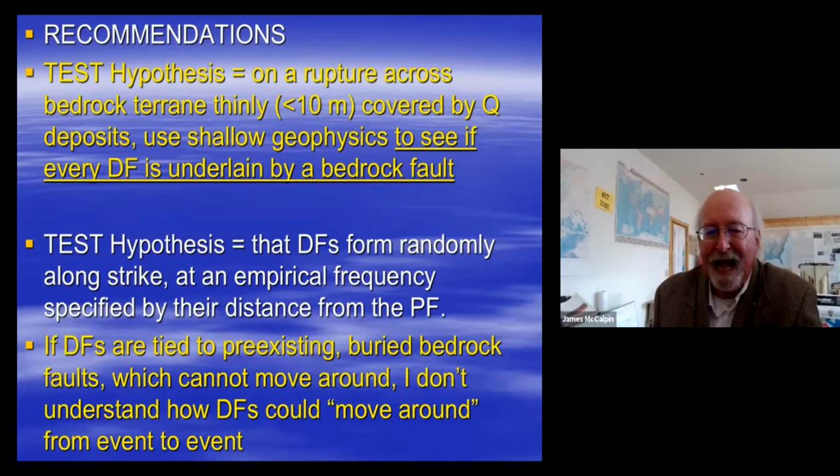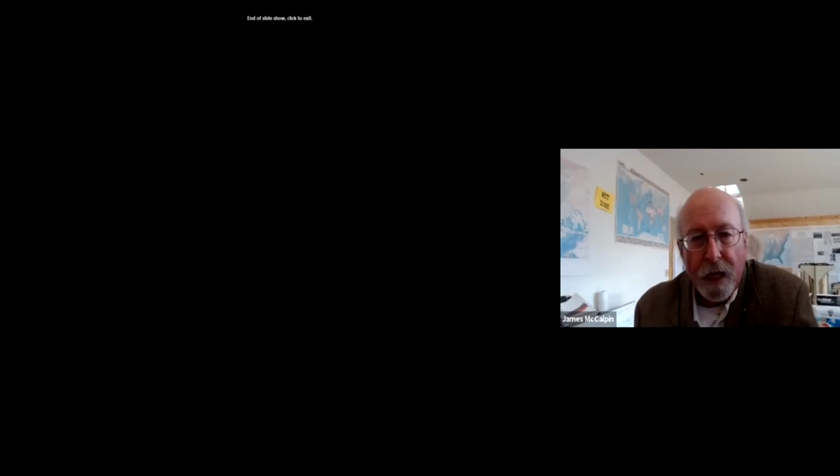I actually think the opposite, that the width of the DF zone and the patterns of DFs are fixed along strike due to subsurface buried blocks that are going to be there forever, so that the DF pattern in the next rupture is going to be very similar to the DF pattern in the last rupture. It's not a stochastic thing. It's more a deterministic thing. So anyway, that's the end of my journey. I started looking for one thing and I ended up